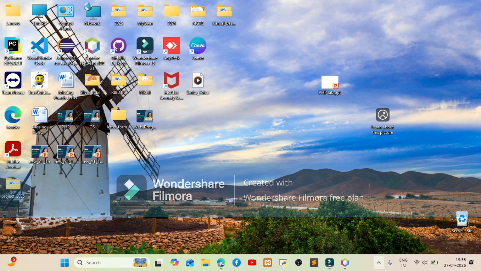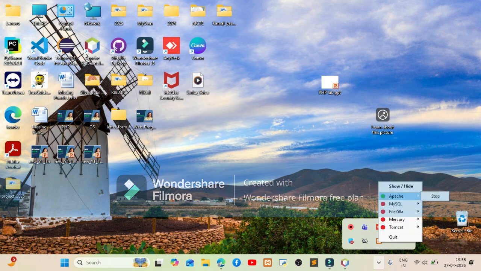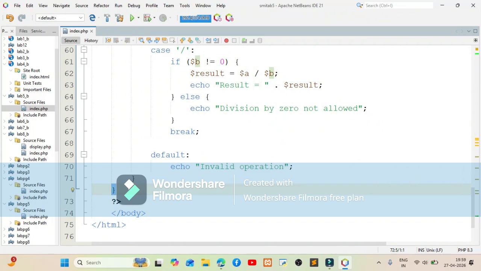Now since we have executed our program, now it's time to close our XAMPP control panel as well as quit. So I click on this XAMPP control panel, right click, and you see Apache stop. And now you select quit. And that's all for the day. Please remember all the steps because they are very much important. Thank you.